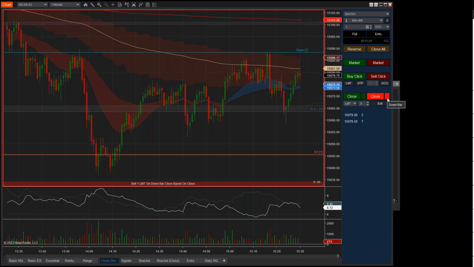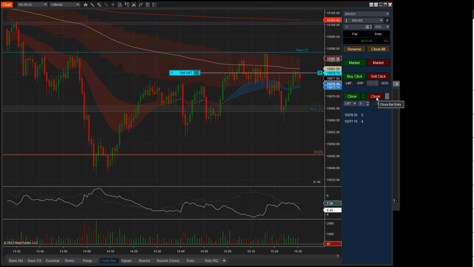If it's a down bar. You can also configure this to any bar, right? Let's say I want to get short and I don't care what direction it closes, and I make this button white. You can see it says any bar, down bar, up bar, any bar. So we'll label it on any bar, so we can see when this bar closes. We're going to get a limit order one tick behind the bid. Let's watch this bar close, which it should any moment. It's been like a minute. We're going to get a sell order right there at the bar close.